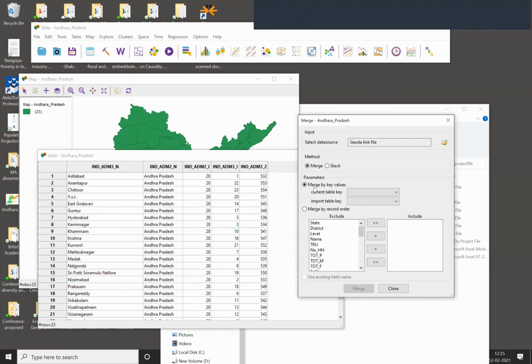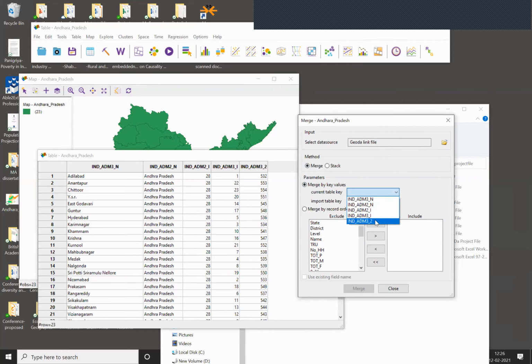Parameters, merge by the key variables. That is what I was telling you earlier. Current key variable. What is the key variable here? What was that key variable? District, no? Remember? That was the district where I was showing the numbers were written. So what is the current key variable? Sorry, the current key variable in this file, my file, it is the Geoda link 3 admin.